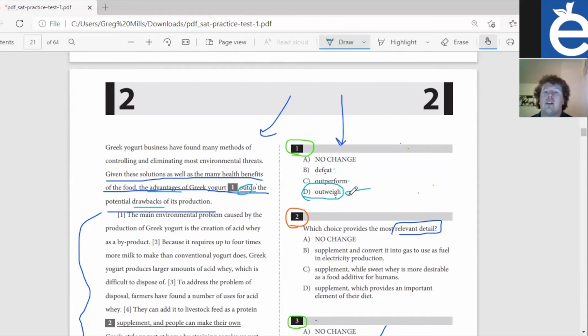So for this kind of question, we want to know about how things are usually written. A good rule of thumb is what sounds good. That's not the determining factor, but it is a great way to start if you want to begin by eliminating some. For example, defeat and outdo would stand out to me as two that definitely sound unusual or not like usual English usage. All right, let's go to number